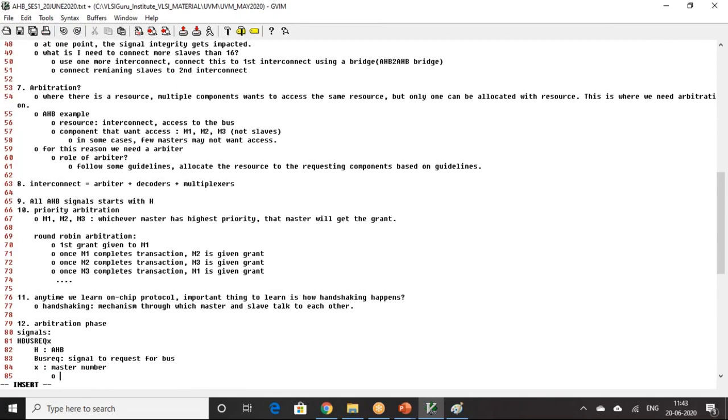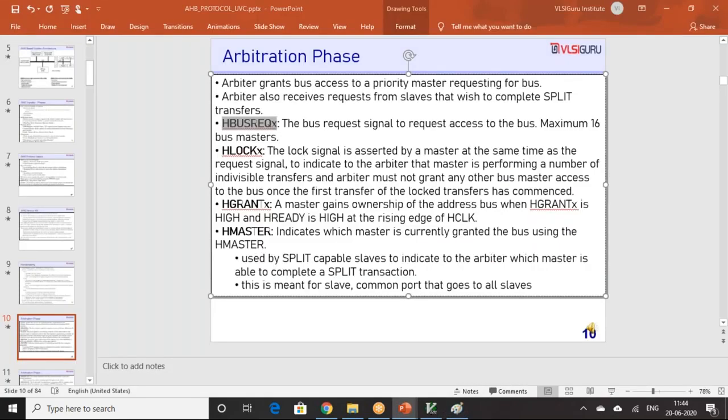See, the AHB interconnect has multiple masters connected. X indicates the master that is making the request. What is the direction of this signal? Master to interconnect. And a maximum of 16 bus masters can be there. What is H lock X? The lock signal